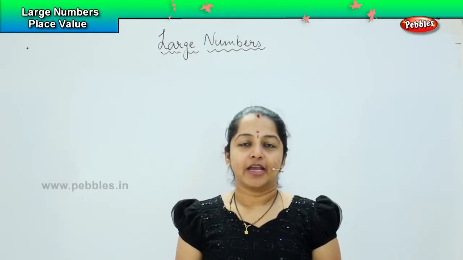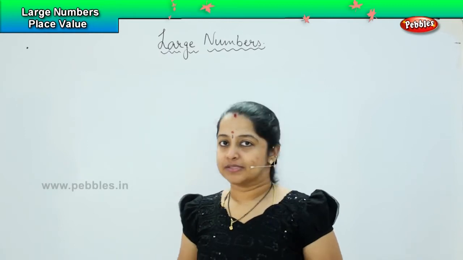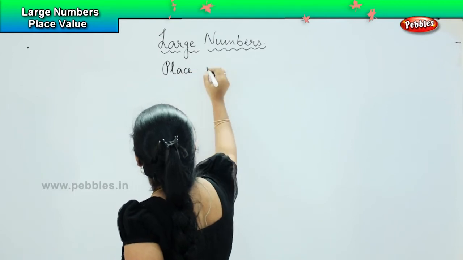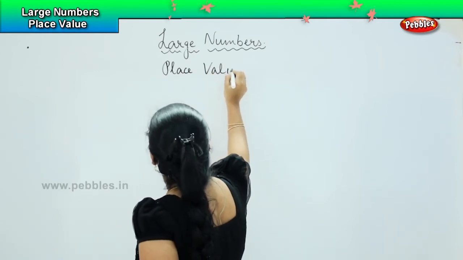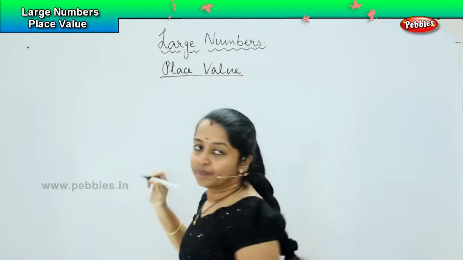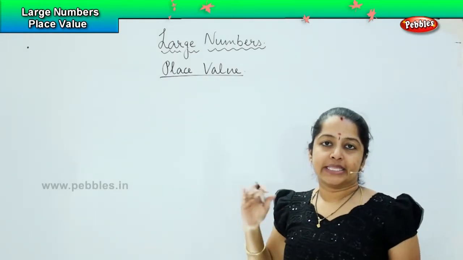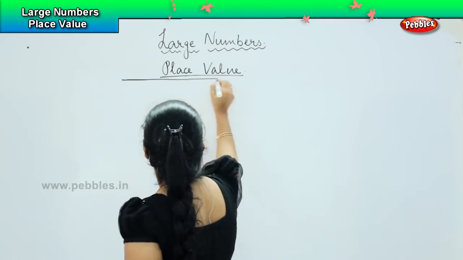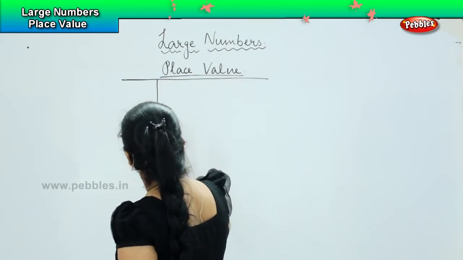Now children, we are going to see the place value concept. Okay. So when you put a comma, you need to know the place value in order to arrange the numbers in the correct unit, right? So place value is generally divided in three forms.